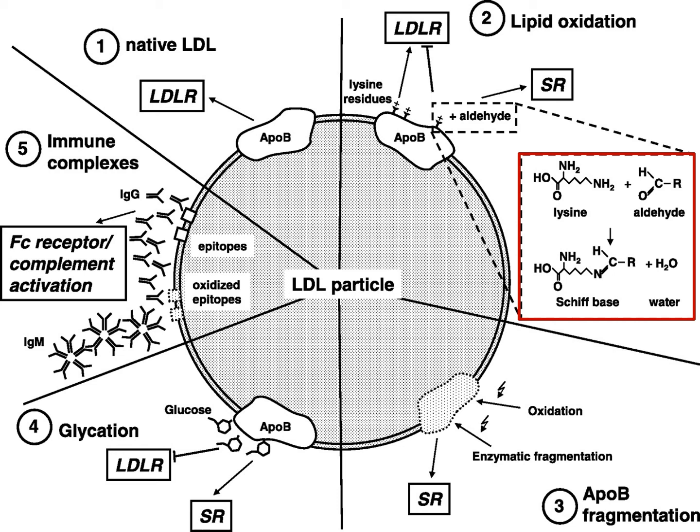And then it goes down to the ApoB fragmentation. So you can see that Schiff's base going to change that ApoB identification marker. If you go through the number 4 and then go up to number 5 on the left, you'll